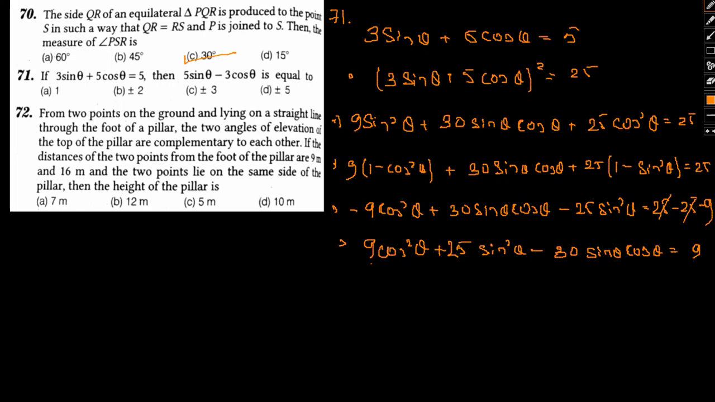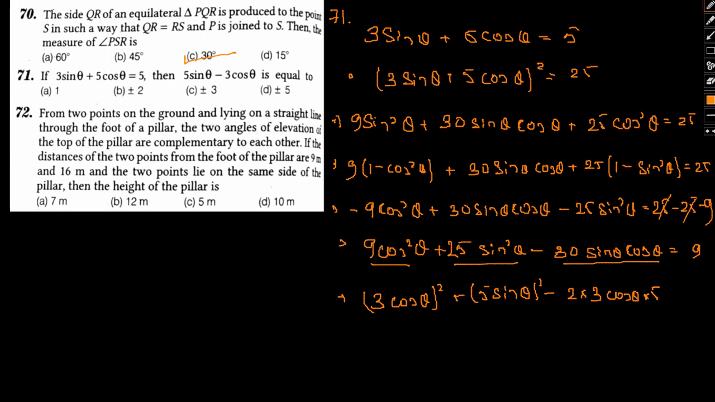Okay, this term, doesn't this resemble a term like (a minus b) whole square? Let me show you how. 9 cos square theta can be written as (3 cos theta) whole square plus 25 sin square theta, which is (5 sin theta) whole square, minus 2 into 3 cos theta into 5 sin theta equal to 9. Okay, that is, we can write this as